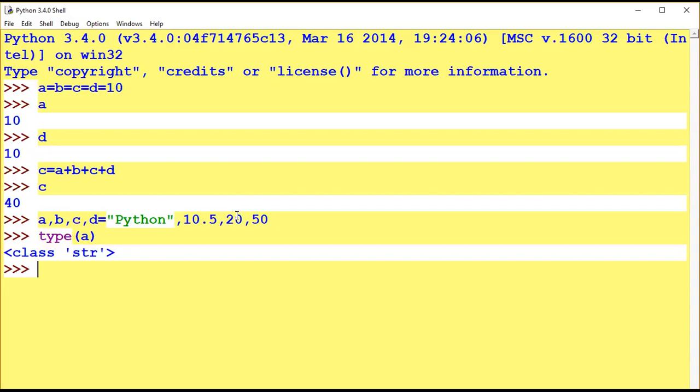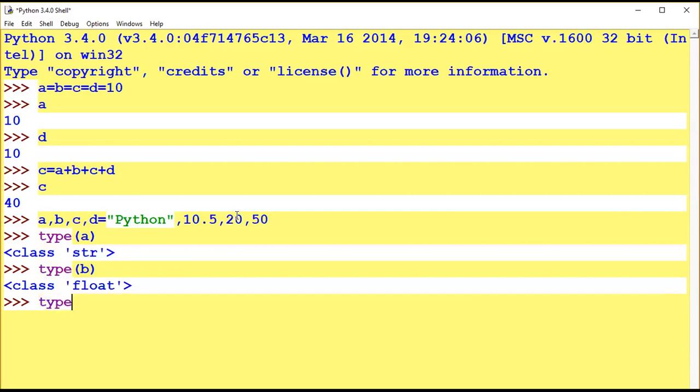And if I display type B, it will display float. And if we write type C, it will display int. So in a single-line declaration, you can assign multiple data type values to multiple variables.